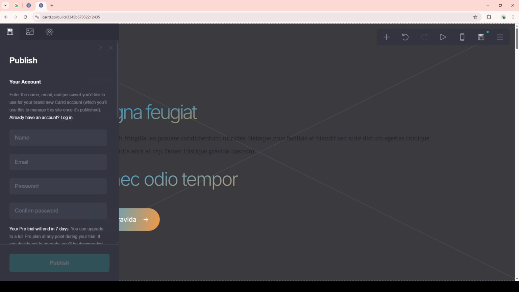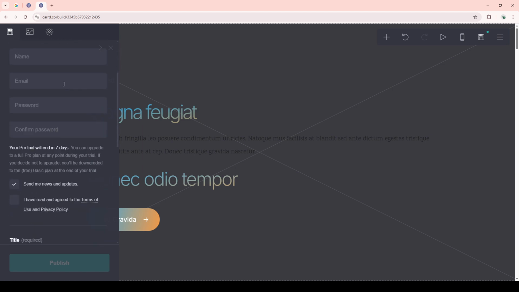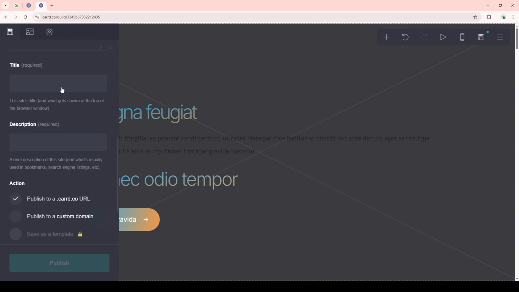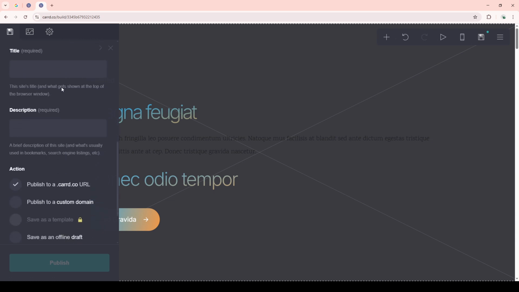When you publish your site, you'll be prompted to choose between using a free Card subdomain or opting for a custom domain of your own. If you're just testing the waters or working on a personal project, a free Card subdomain might suit your needs just fine. However, if you're aiming for a more professional look or branding consistency, using your custom domain would be a great choice. Selecting a custom domain can lend an air of professionalism and credibility, which is especially crucial for